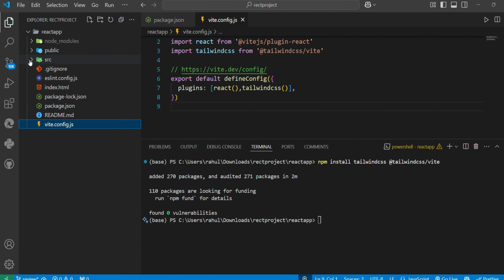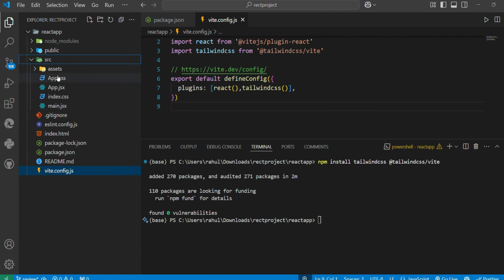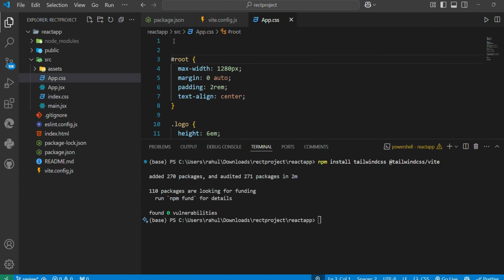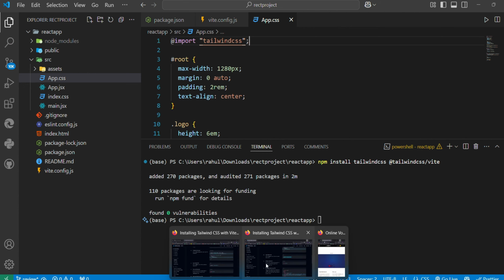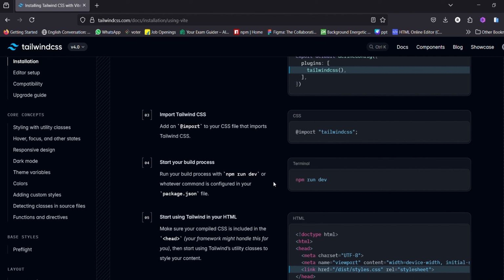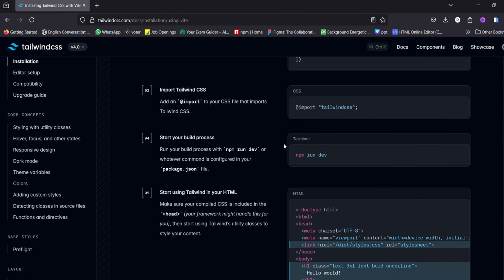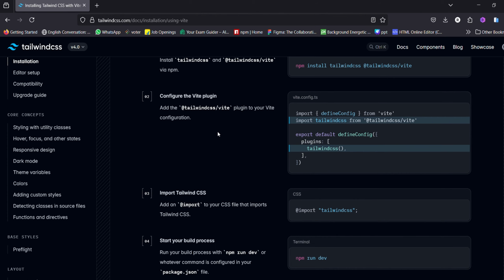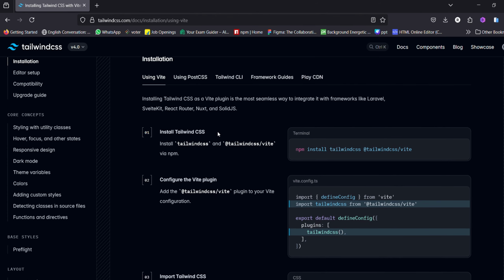So go to the src folder and inside this go to the index.css and paste this import Tailwind CSS. Okay, overall this was the process how you can create a React project inside your Visual Studio Code and you can import Tailwind CSS.